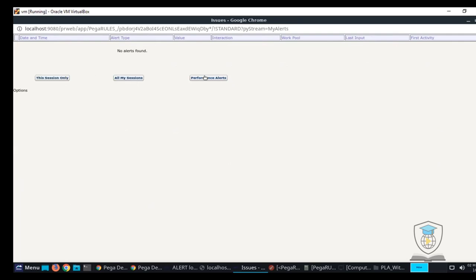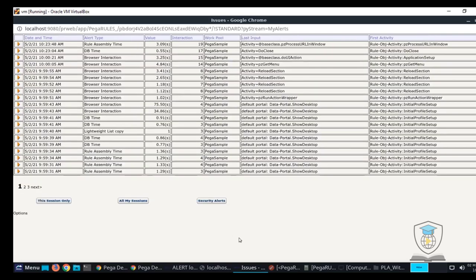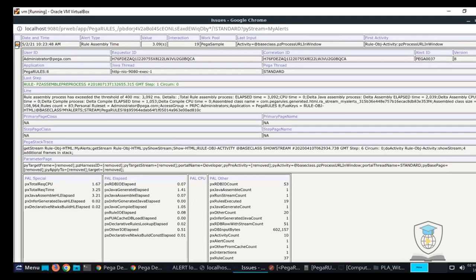So all my session performance alert. Now we will go back to performance alert. Now let's find out how to find these alerts and how to resolve them. For this, it is very obvious. When you work over time, you may remember some of the alert IDs, but you cannot remember everything. I suggest that you should focus your brain only on the meaningful stuff. When we have direct answers for it, then you can come back to it.